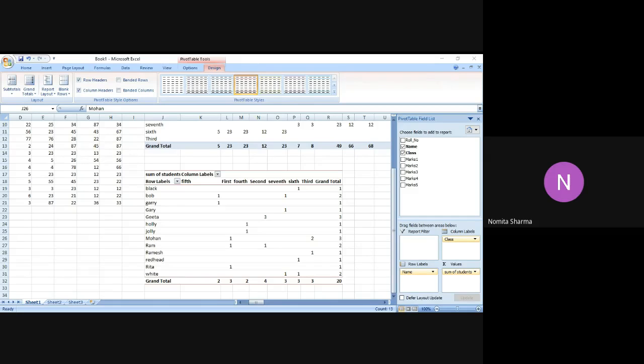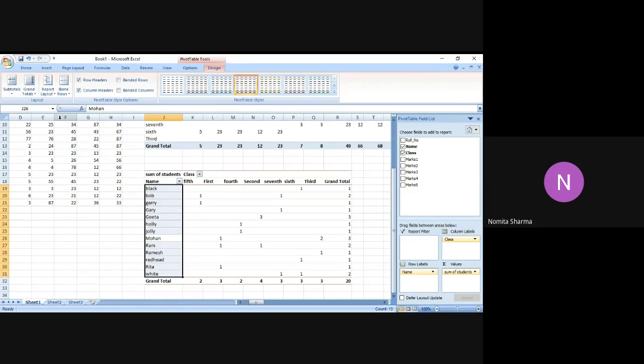Going further, if I go back to my original sheet, I go to the next option in the pivot table tool under design. If I click on this, you will see three options appearing: show in compact form, which is the default and which you can see on the screen, and also the option of show in outline form. In the outline form, where we had the row labels and column labels, instead of row labels, now I have the name, and instead of column labels, I have the class. Right?